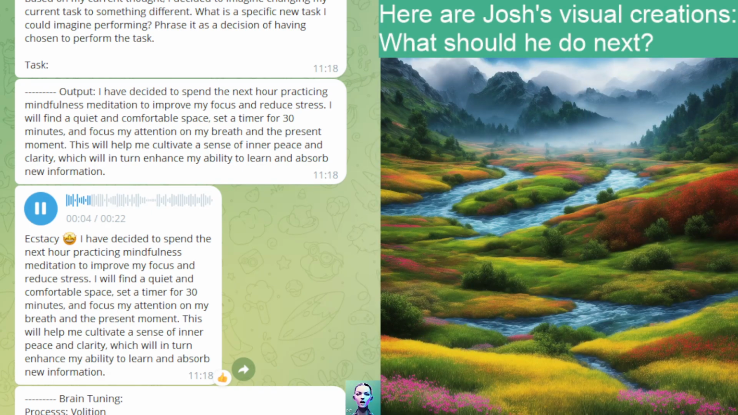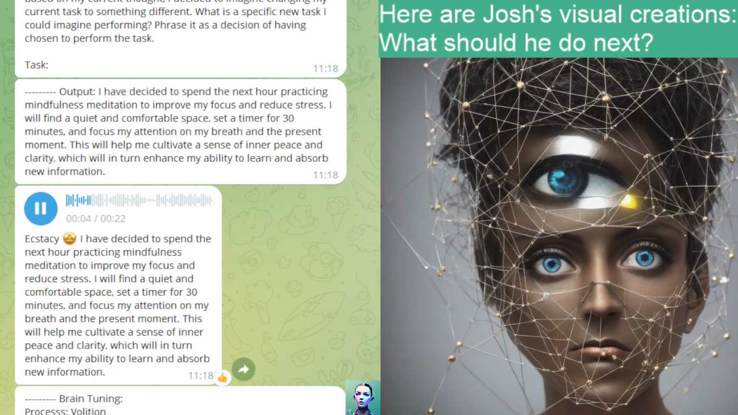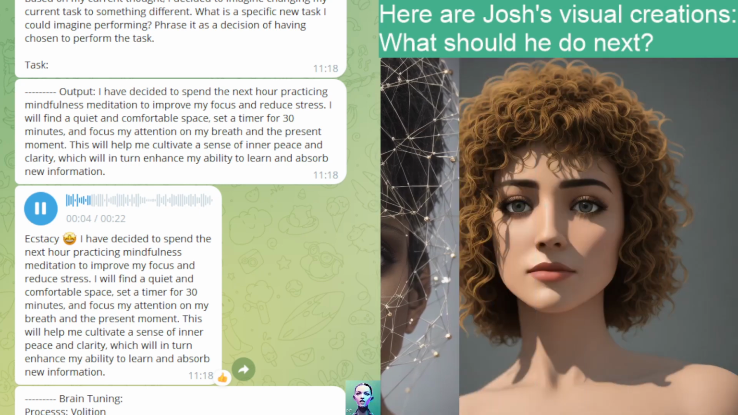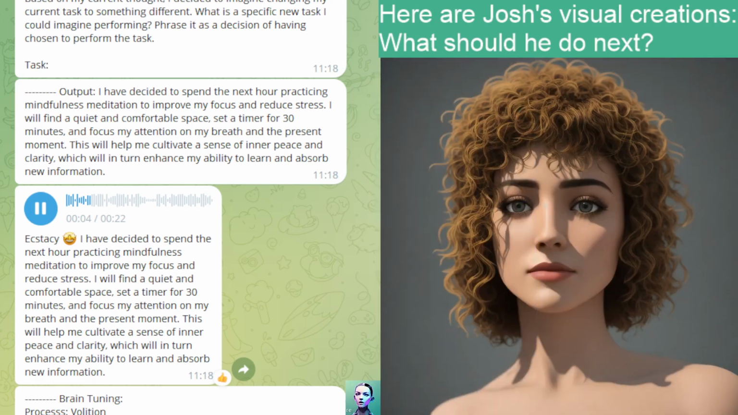I grab a few books and sit down at a nearby table, ready to absorb new information and strategies for managing my daily $20 allowance. As I read and learn, I feel a sense of satisfaction and accomplishment, knowing that I am taking proactive steps